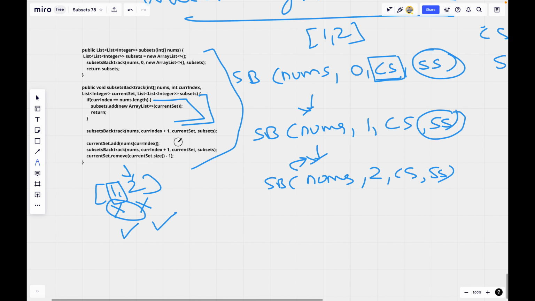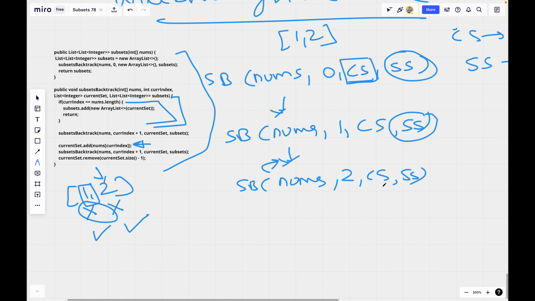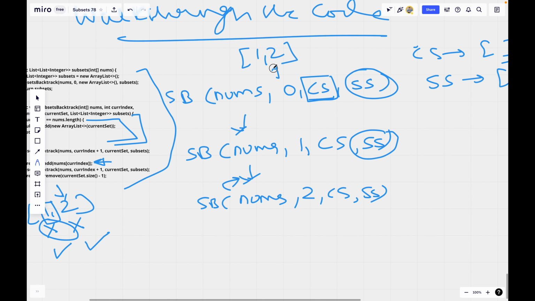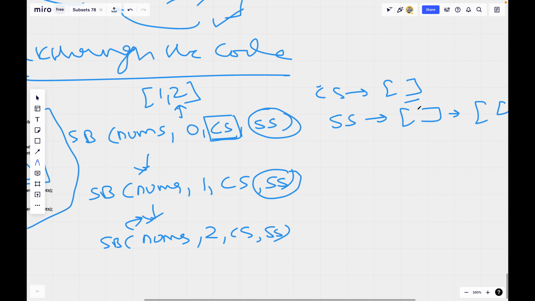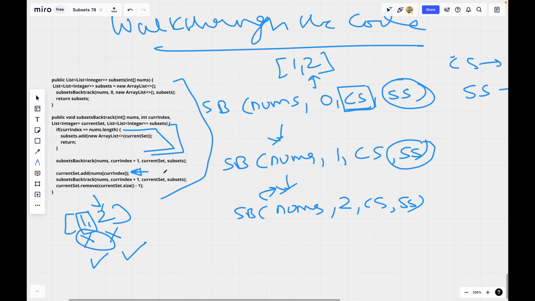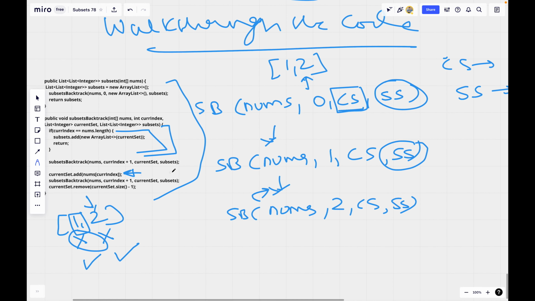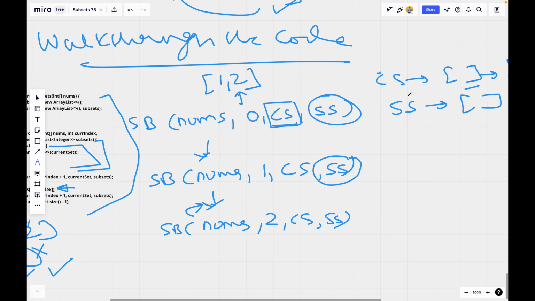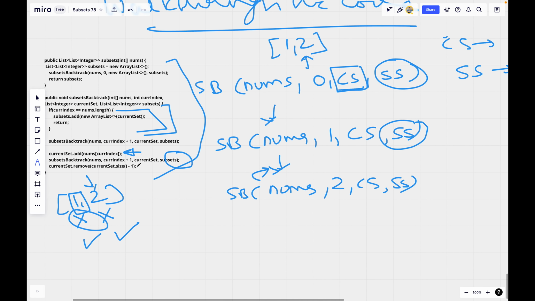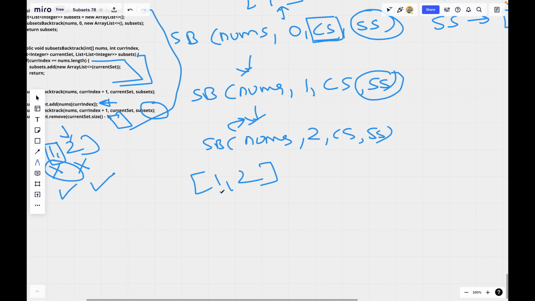And the control will reach here, and in the current set, which is empty as of now, this element will be added, which is at current index 1. So this will be updated to 2. Now what I'm trying to do is, after this particular choice, compute all of the subsets and then remove me. Why remove me? It is basically saying, hey, do not include me, compute all the subsets.